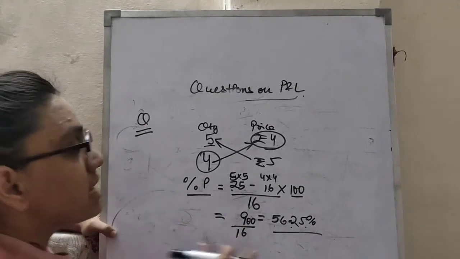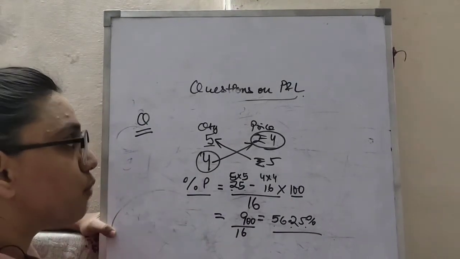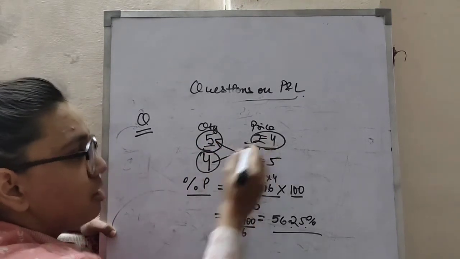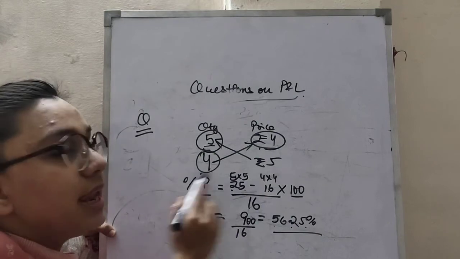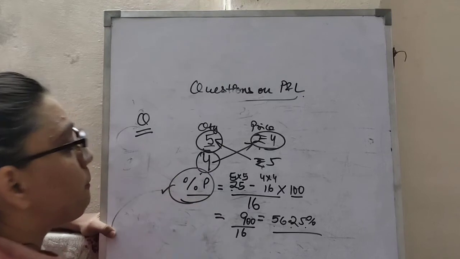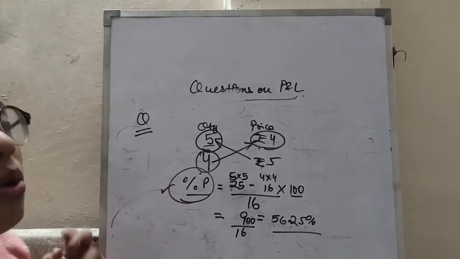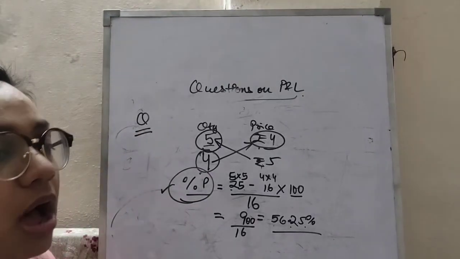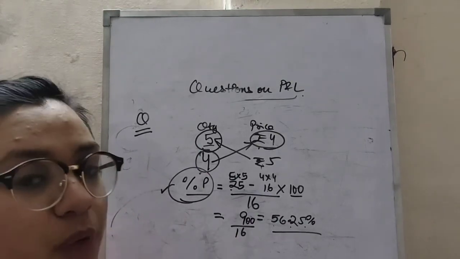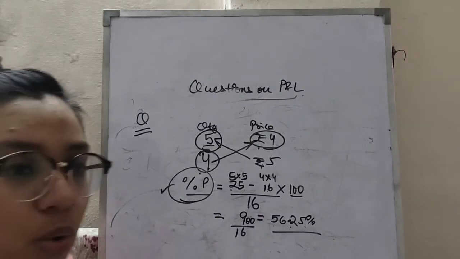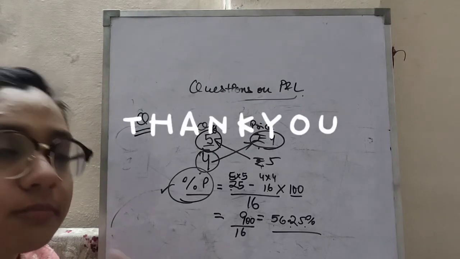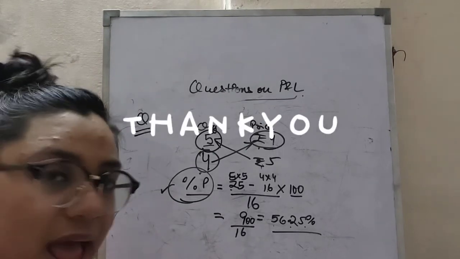So this will be equal to 56.25%. So this is the direct way of doing such kinds of questions wherein you are given quantity of purchase, price of purchase, and then you are also given quantity of selling and price of selling. So this is the direct formula to calculate the profit percentage. Now we will be doing another kind of question in the next class. So if you require worksheets to practice the questions, do let me know. I will make a PDF out of the questions to solve for practice. Okay, thank you very much.